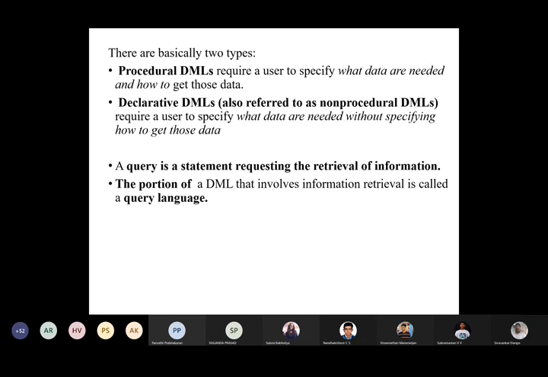Again, a query definition. A query is a statement requesting the retrieval of information, right? So a database is about storing information and retrieving information efficiently, right? The objective of any commercial database management system is to store and retrieve the information efficiently. So a query is a statement requesting the retrieval of information. A query can also be used to store some information in the database, but mostly it's about retrieval of information from the database,